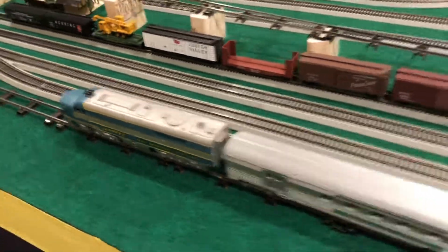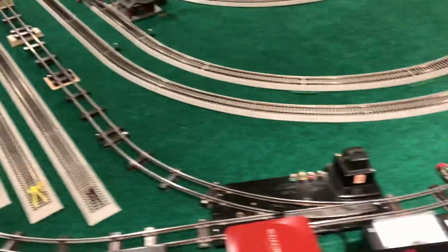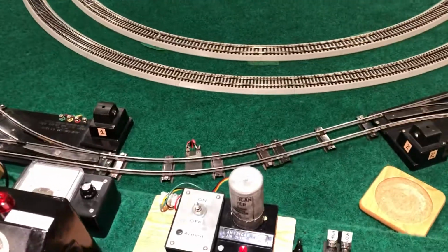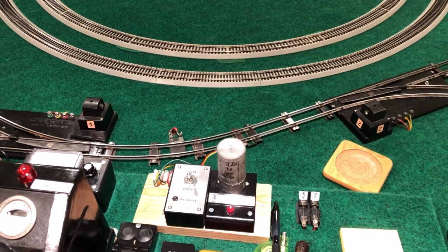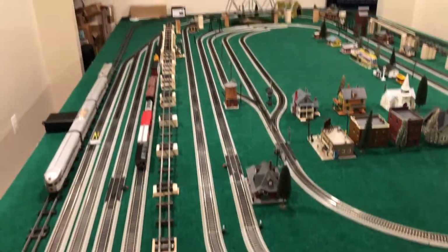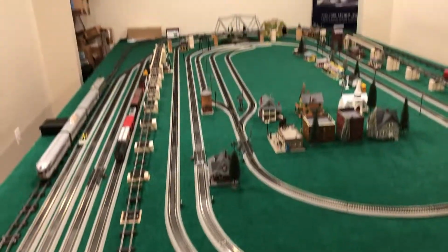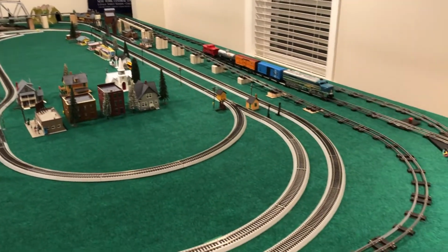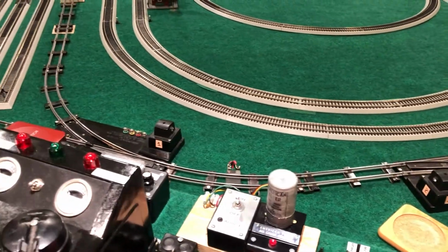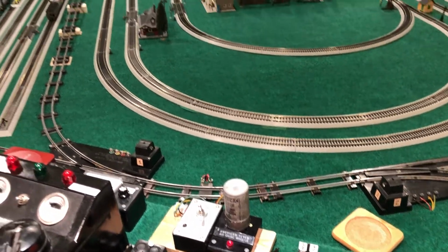So my layout does not accommodate running two conventional engines at the same time very easily, and I'm not going to attempt to do that while also making a video. The challenge is this section of track between these two switches. It's actually powered by the side of the 30B, which powers the up and over trestle section, but it's part of both loops. It's part of that upper up and over loop, and it's also part of the lower flat loop. So therefore you can see what the challenge is with conventionally run trains in terms of switch throwing and